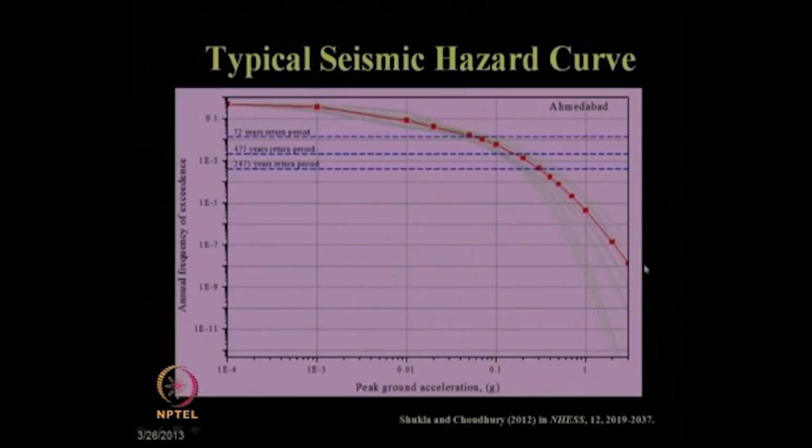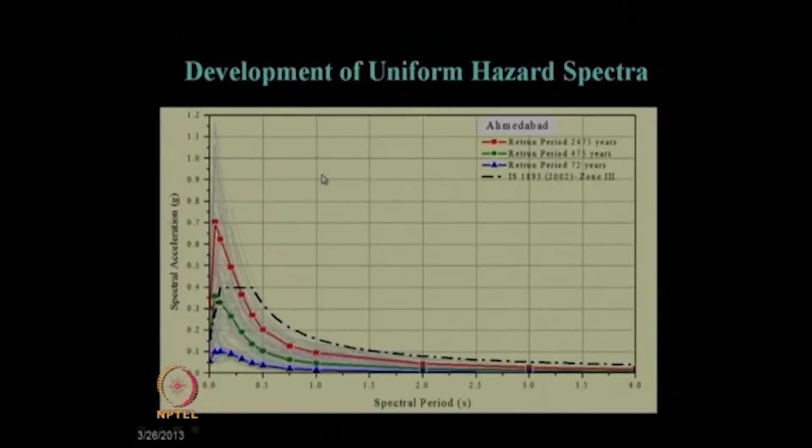So, these are the results for each city, that is, the typical seismic hazard curve using the probabilistic seismic hazard estimation. One can easily obtain the 72-year, 475-year and 2475-year return periods. Then uniform hazard spectra have also been developed corresponding to different return periods, and that has been compared with respect to the IS codal provision, which is shown in the black line. So, you can see the IS values are pretty close, at least the maximum value or the peak value corresponds